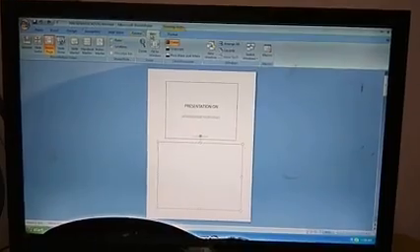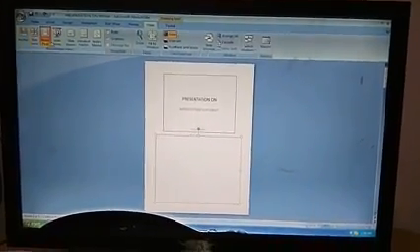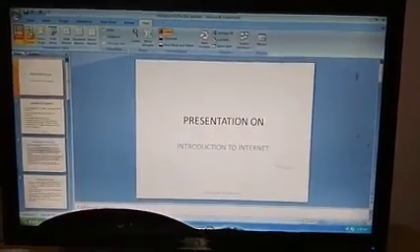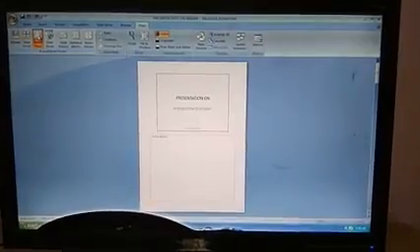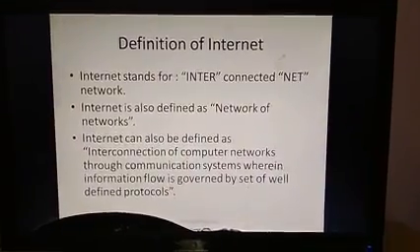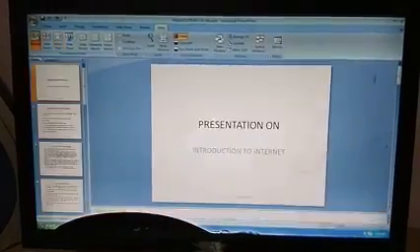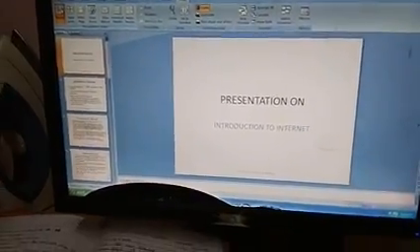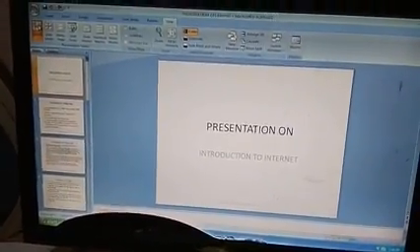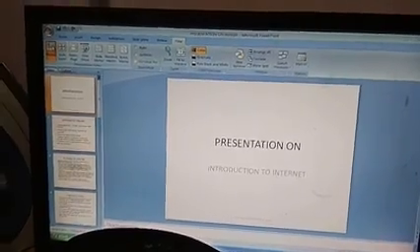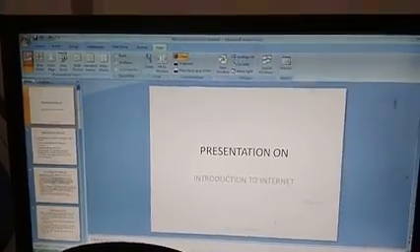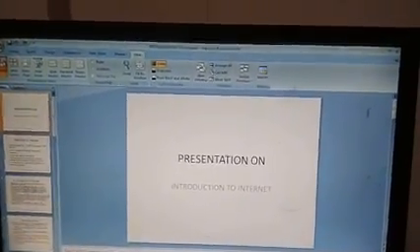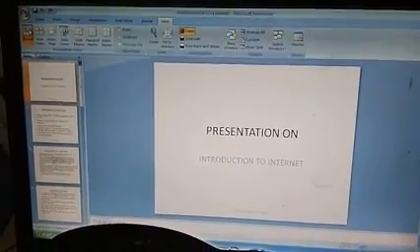So a presentation can be viewed in 4 different formats: a Normal view, a Slide Sorter view, a Notes Page view, and then a Slideshow view. Right, so this is the way you are going to view a presentation. So if a question is asked, in how many different methods a PowerPoint presentation can be viewed, and the options given are 3, 2, 4, 5, it can be viewed in 4 different views.